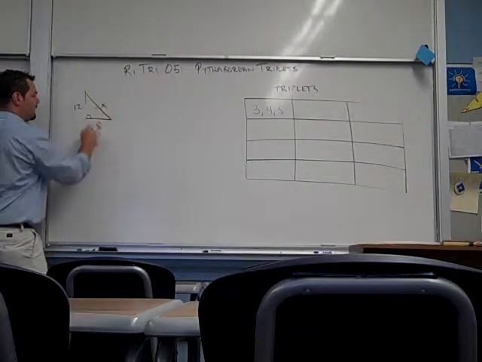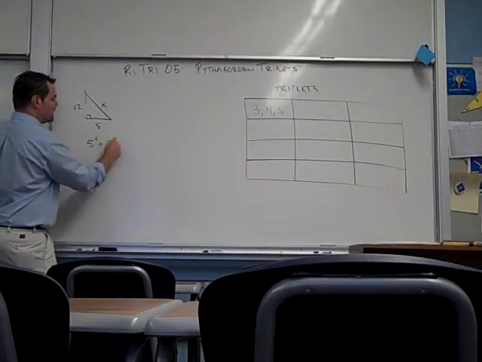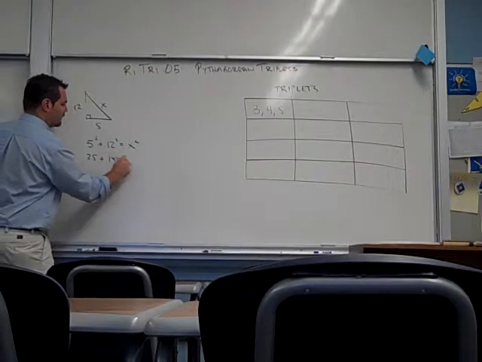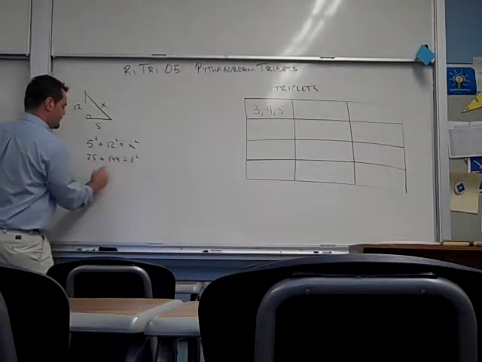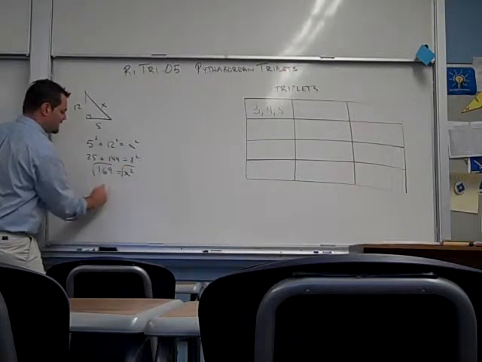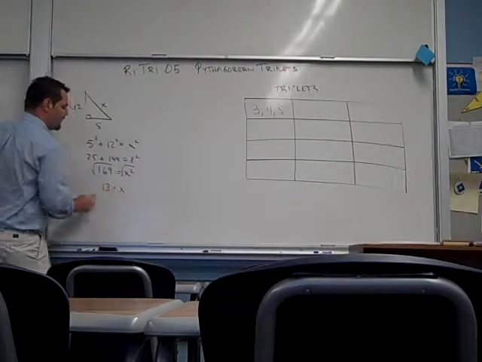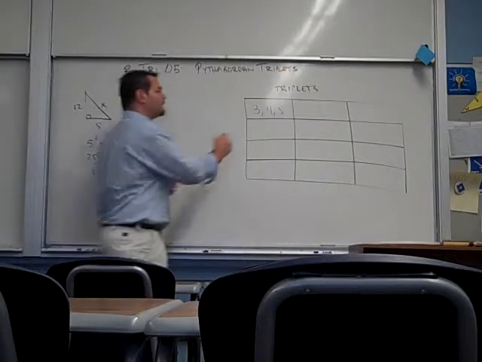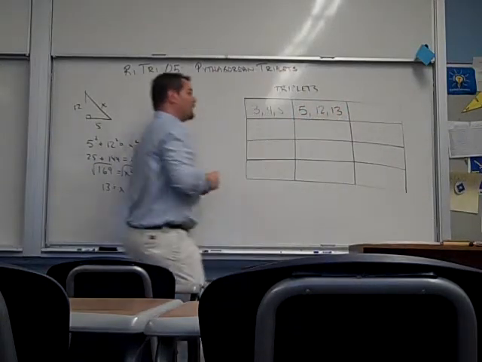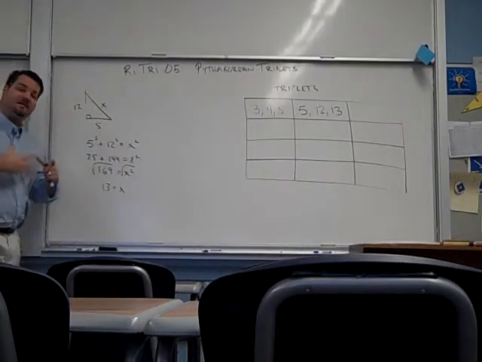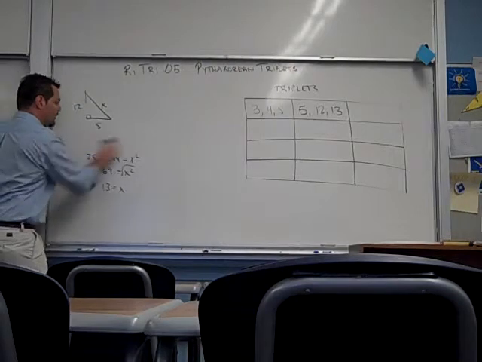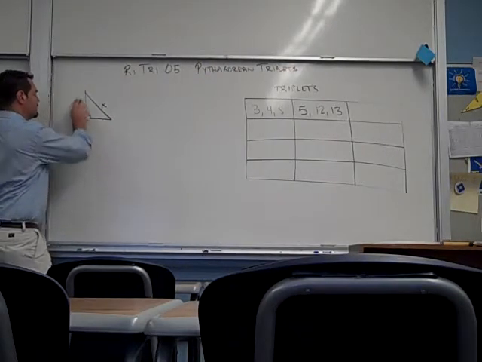If we found 5 squared plus 12 squared equals x squared, 25 plus 144 is equal to x squared, so 169 is equal to x squared, square root both sides, and we discover another Pythagorean triplet, which is 5, 12, and 13. Now, Pythagorean triplets are great because they make it easy to work with. We know that the numbers are going to be nice whole numbers and not come out with crazy radical